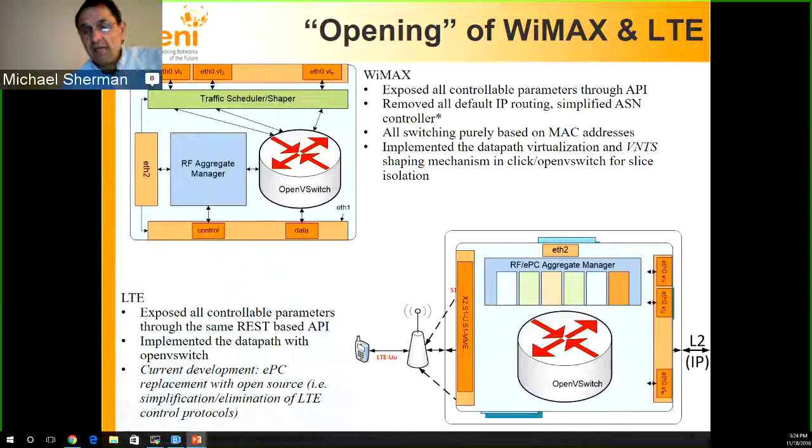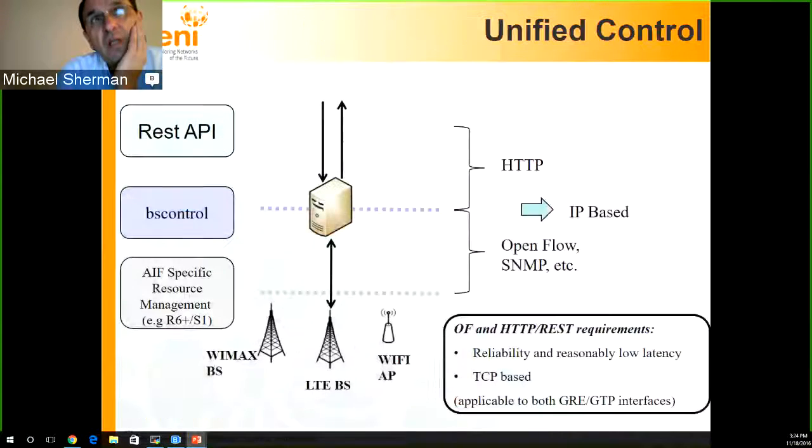Now, Manu mentioned that we have the aggregate manager that's managing the base stations, and we named this one BS control, and it's used for management of both the base station as well as the core network, or EPC. As the slide implies, it's based on a REST API, which means that you talk to the aggregate manager for the base station through HTTP requests. They're fairly straightforward, simple HTTP requests that allow you to change any of the parameters of the base station as well as the EPC,